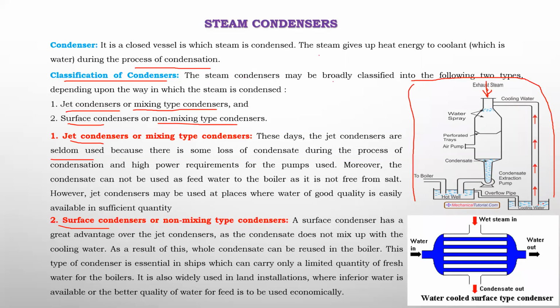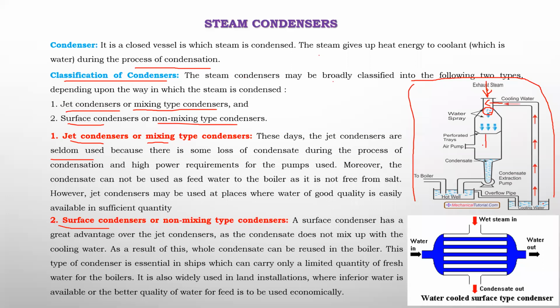In this case, the cool water moves up with the help of the pump. Here the cool water as well as the steam get mixed, right? They directly mix with each other. That's why this is called a mixing type. After mixing, the steam condenses and becomes liquid, and the cold water becomes hot, and both are mixed thoroughly with each other. Here there is a perforated chamber for proper mixing.